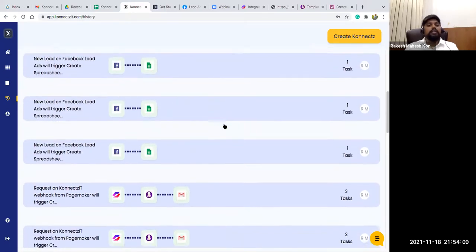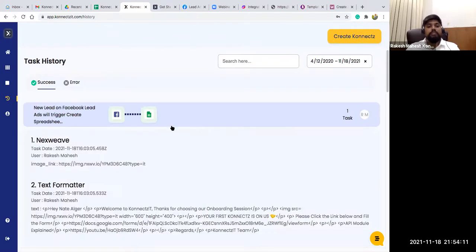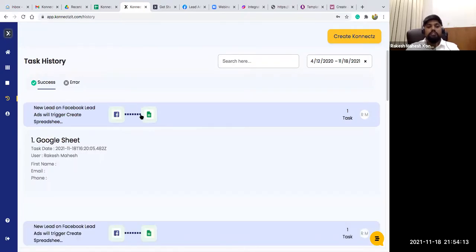You can also see the first example, Facebook Lead Ads to Google Sheet, which only consumes one task because we are not counting Facebook Lead Ads, our first initial app, as the trigger. We are only sending data to Google Sheet, so it consumes a single task. Whenever there is a new lead in Facebook Lead Ads, it consumes only one task. Let me know if you have any questions on tasks or operations, and I'll be happy to answer them.